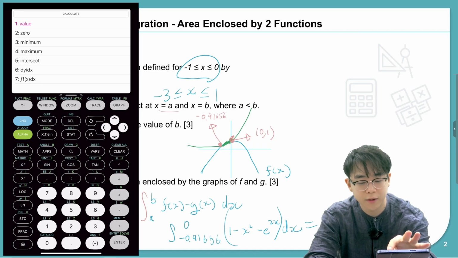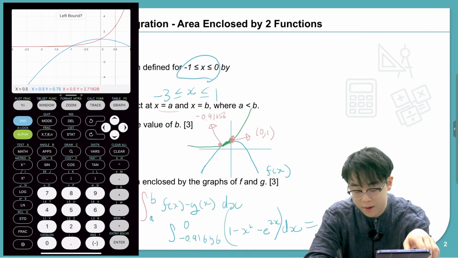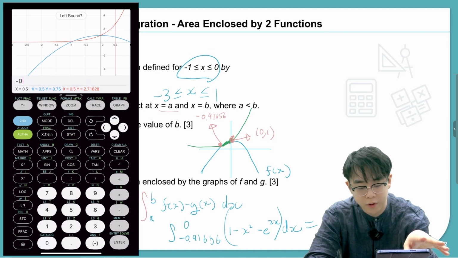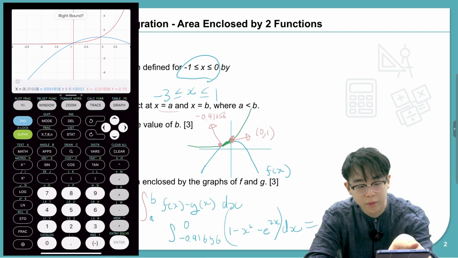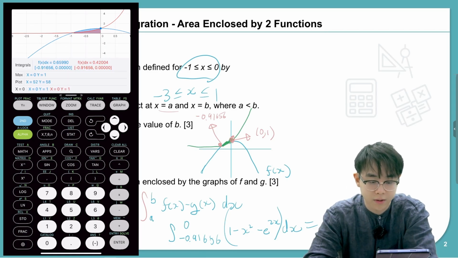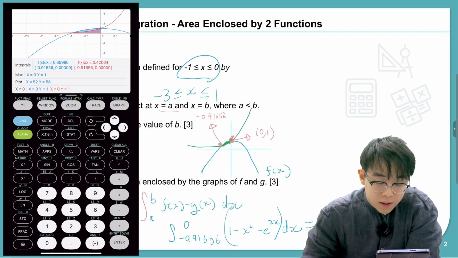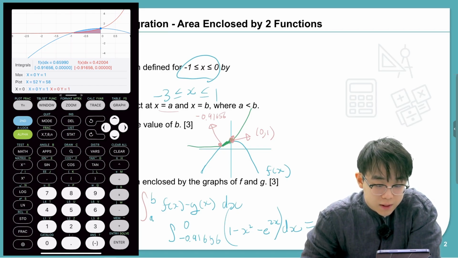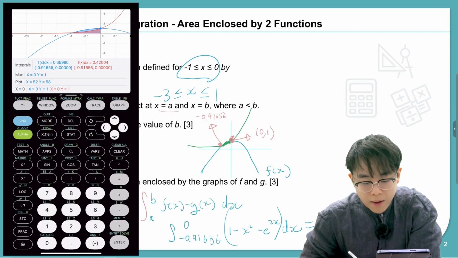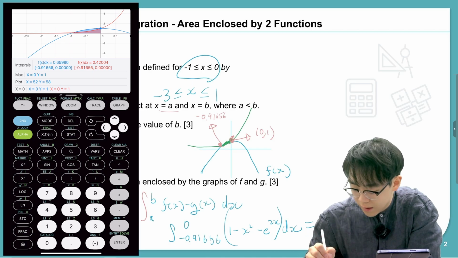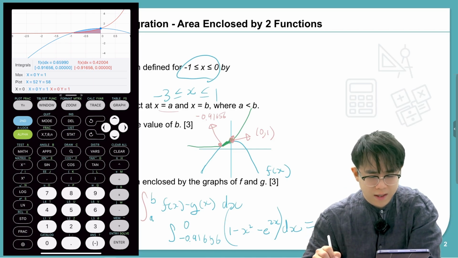So if you go to your second trace button on your calculator, we have our integration. So our left bound would be -0.91656. And our right bound would be 0. So if you do that, our area turns out to be 0.65. Okay, so the area bound underneath the f of x is going to be 0.65990,